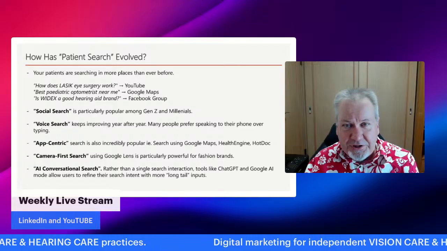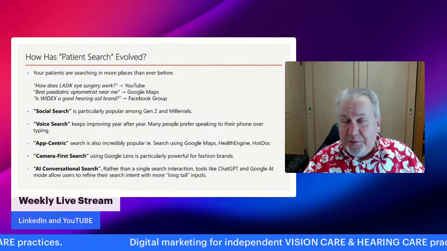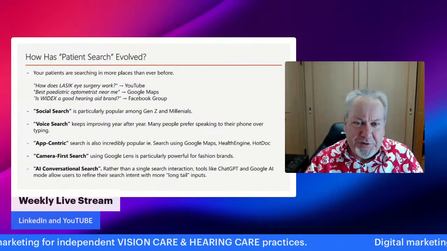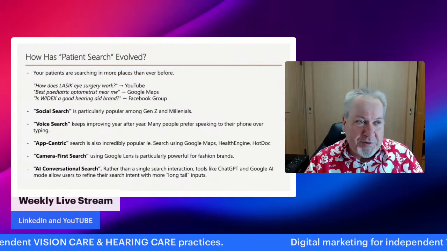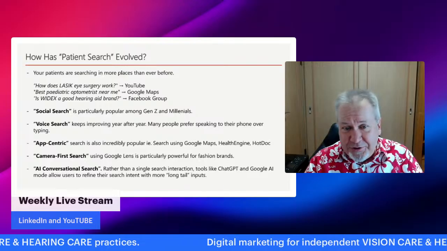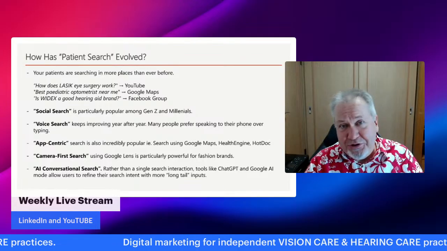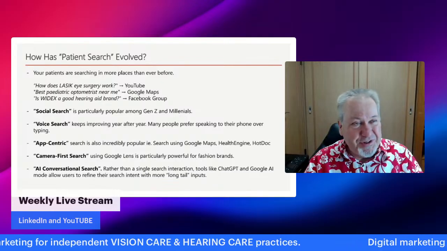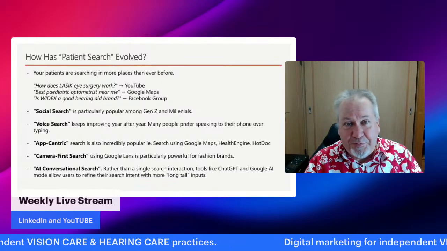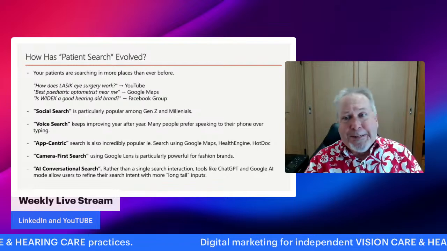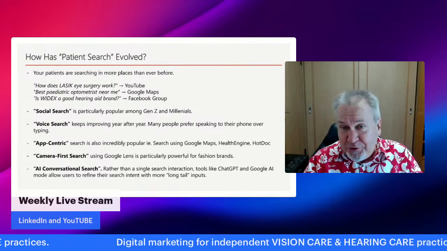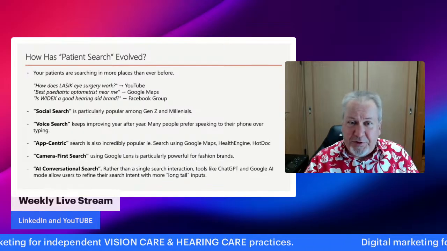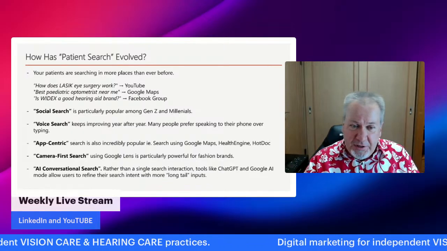So, how has patient search evolved? Well, people are searching in more places than they used to. For example, if somebody has a question, how does LASIK eye surgery work? They might turn to YouTube and look for a video that explains all of that. If someone's interested in finding the best pediatric optometrist near me, they may turn to Google Maps, either on their desktop or the Maps app on their phone.